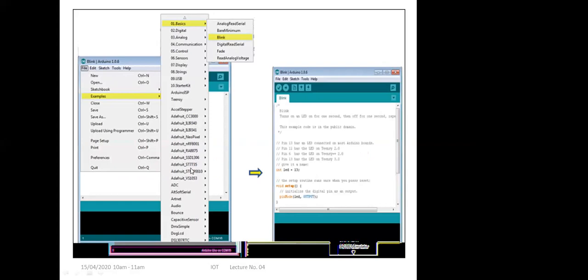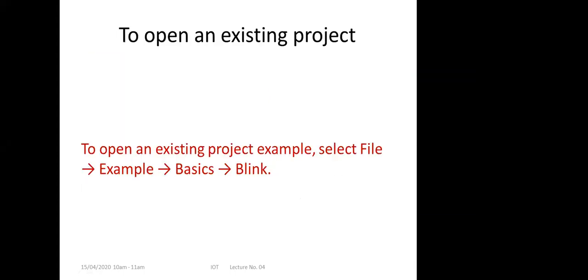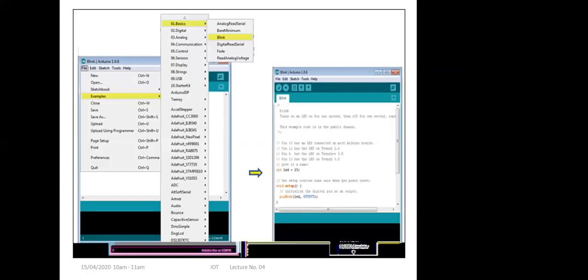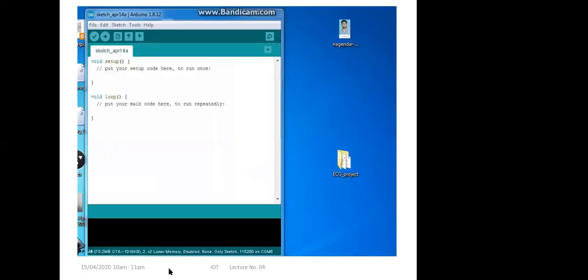There are these many examples, and if you scroll down, a lot more examples are there, right? So first Basics, because your Blink program is there in Basics. You need to find on your own where the particular example you require is. So Basics, from there, Blink. If you click on that, then that Blink program will open here, right? If you don't understand, see, I am explaining in three ways. First, I explain in normal text lines. If you don't understand that, you may go through the graphical one. Otherwise, I'll explain through the video also.